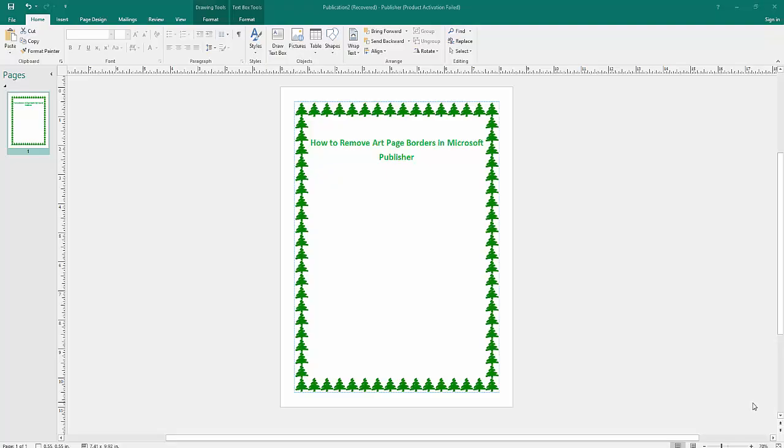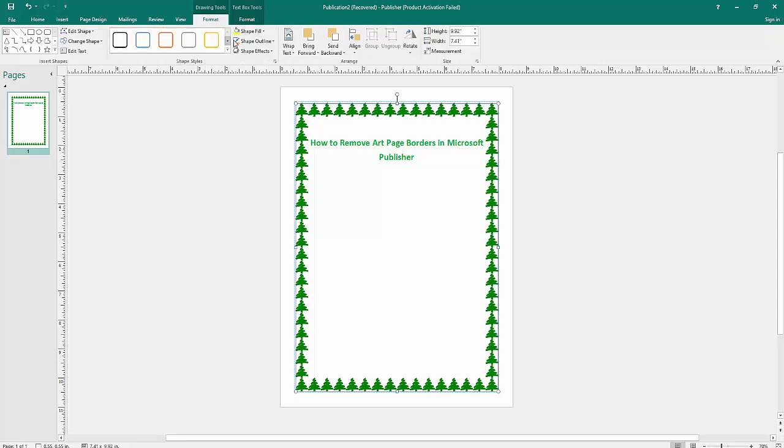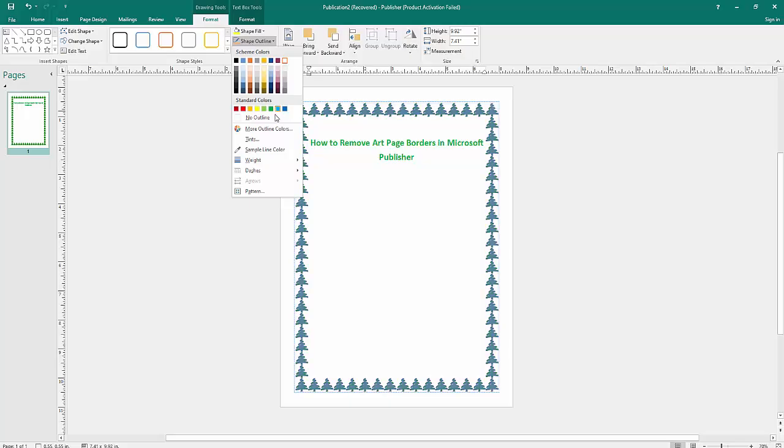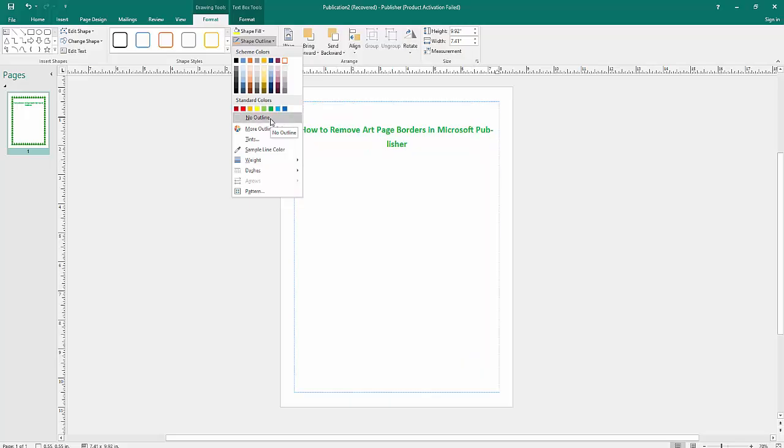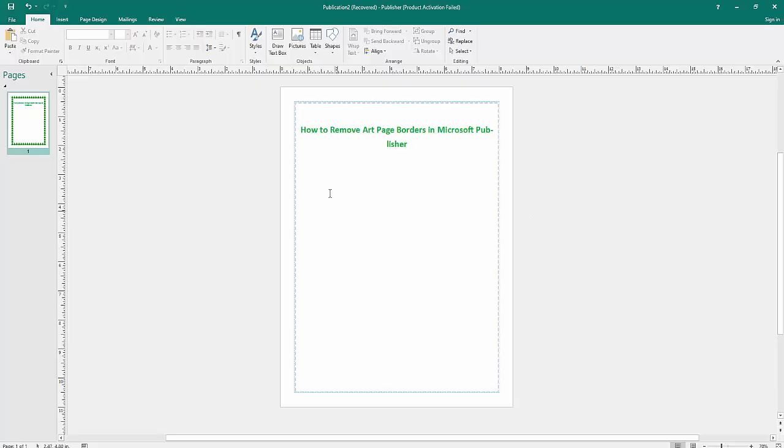Now go to the drawing tools from Format, then click. Now go to the shape outline option, then click no outline. Now click that, and then you will see the art page border removed. Then again,